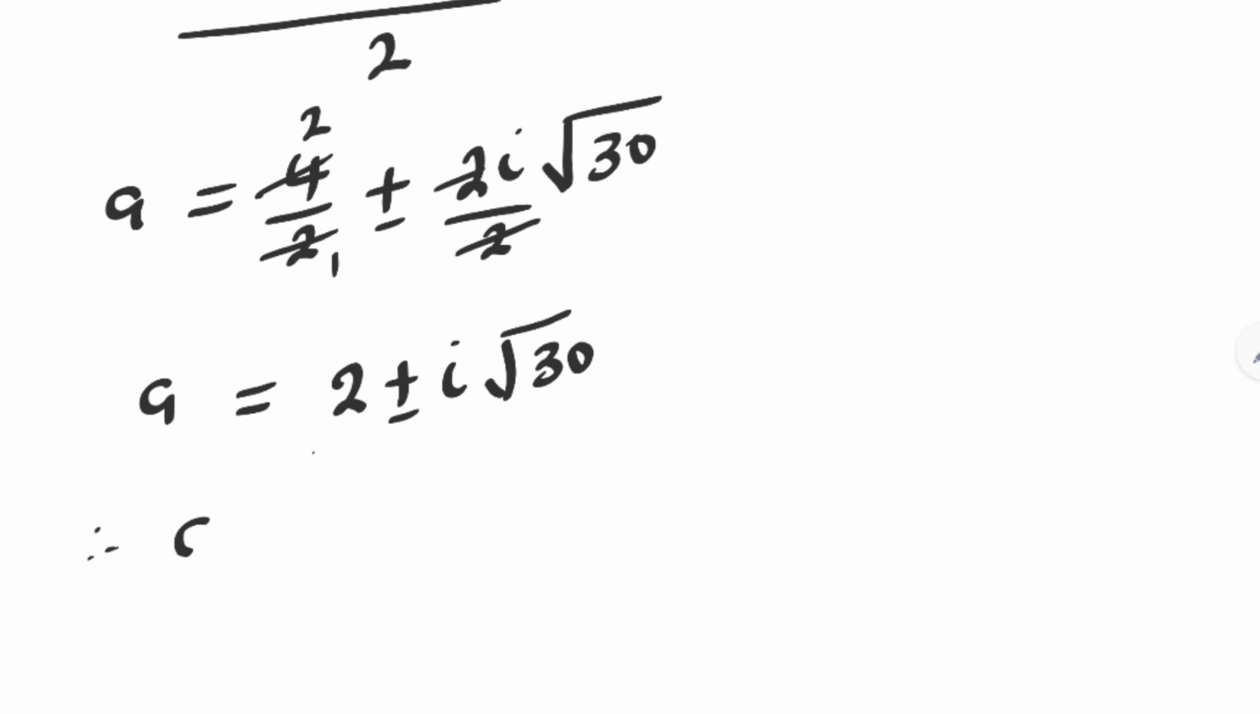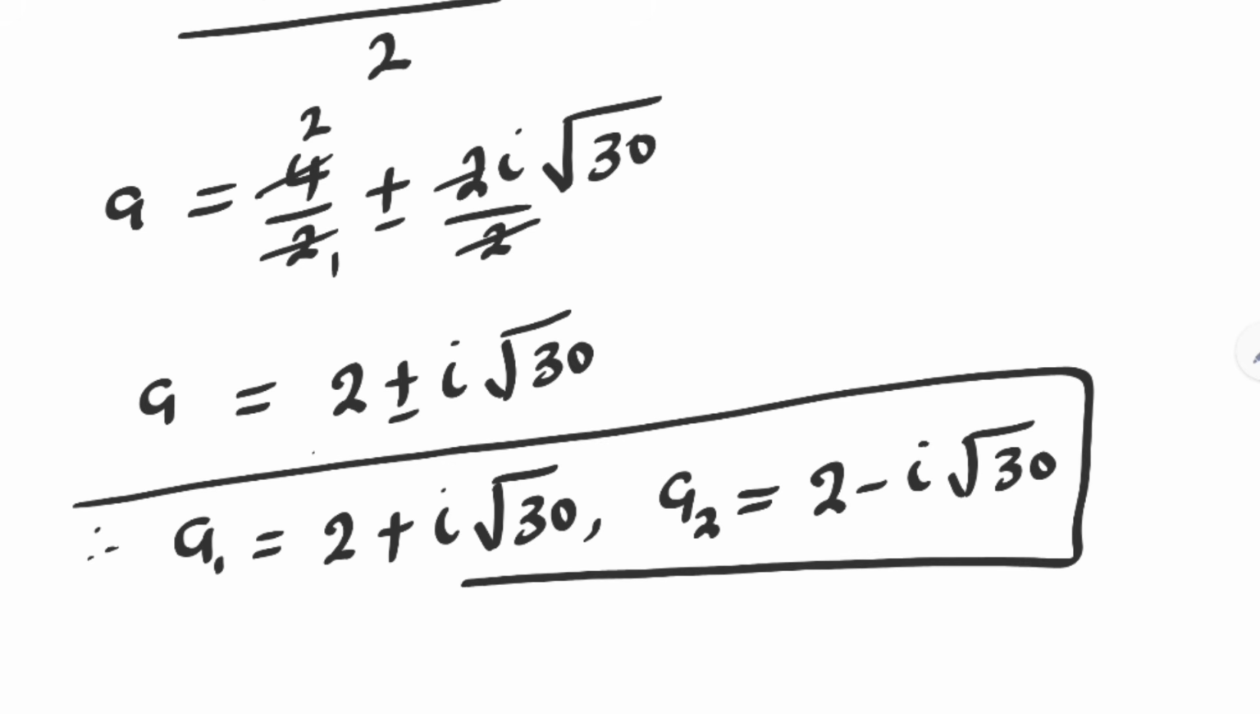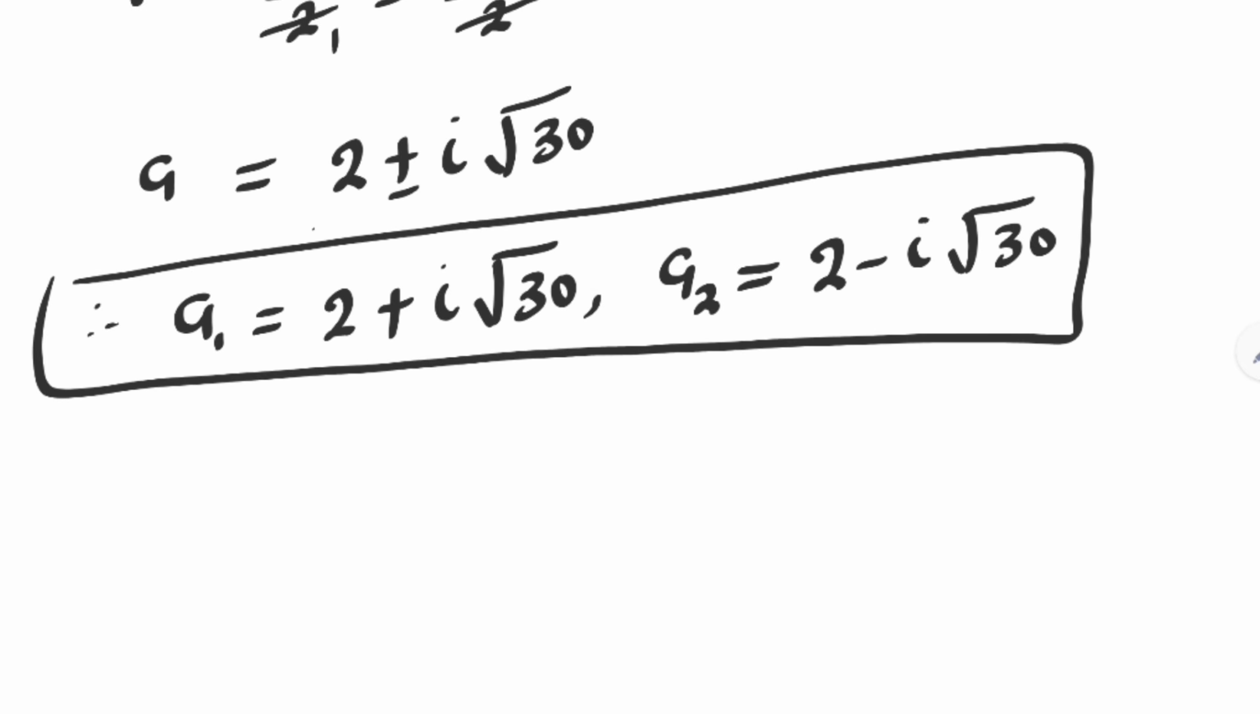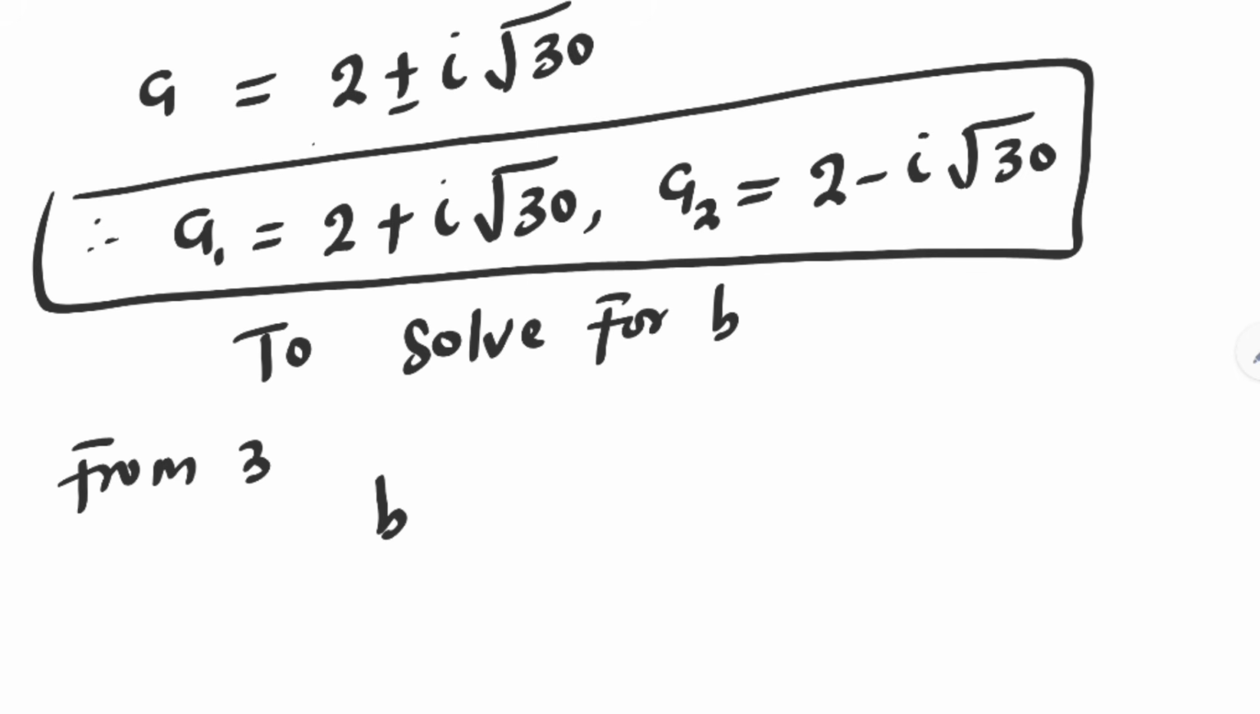Therefore, A1 is equal to 2 plus I square root of 30, comma, A2 is equal to 2 minus I square root of 30. These are the values of A. We've gotten the values of A. Let us solve for B. To solve for B, from equation 3, B is equal to